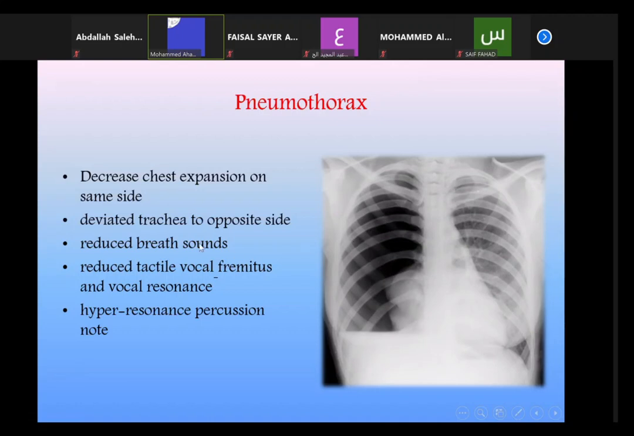أقوم أسألك برضو التراكية وضعها بيكون كيف، تقول deviated to the opposite side. tactile vocal fremitus بيكون reduced، وأهم حاجة البيركشن، نوت تقول لي hyper resonant. ديل واضحين؟